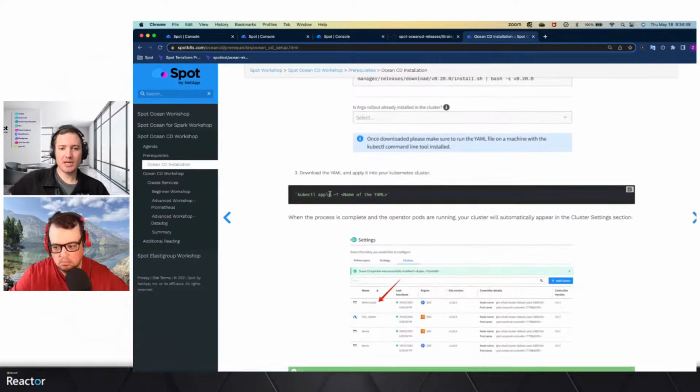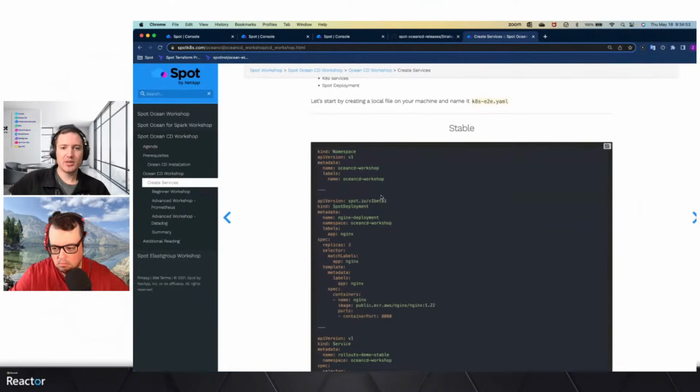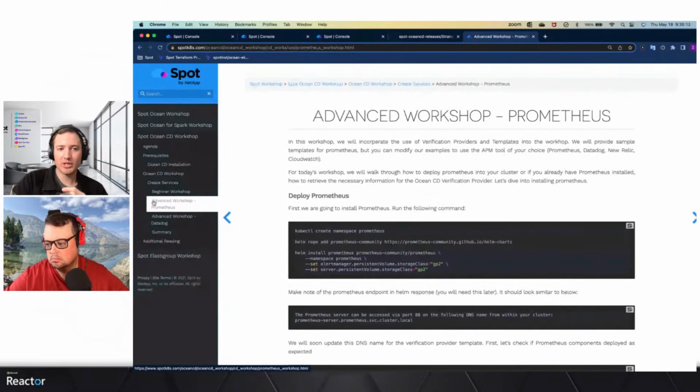And then it will give you a bunch of predefined YAMLs where you can literally copy and paste these, deploy them into your cluster, and then in a matter of minutes, you'll be able to start triggering your first few rollouts.